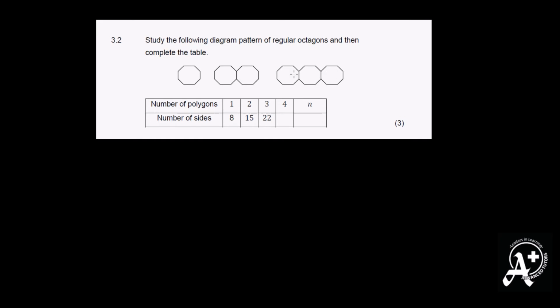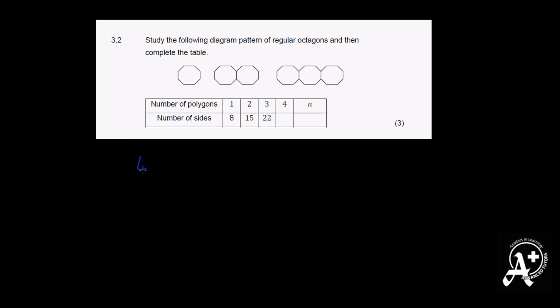And then when we look at our 3 octagons here, we can see that there are 2 sides which are shared between the 3 octagons. So basically this side is shared between these 2 octagons, and this side is shared between these 2. So if we look at the patterns that we have so far, they sort of repeat themselves, and we can see that if we had 2, the number of sides would be 2 times 8 minus 1, or if it was 3, it would be 3 times 8 minus 2. So 3 times 8 is 24, minus 2 is 22. So we know if we have